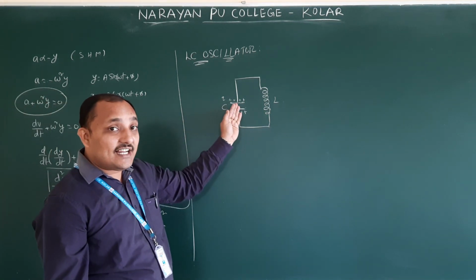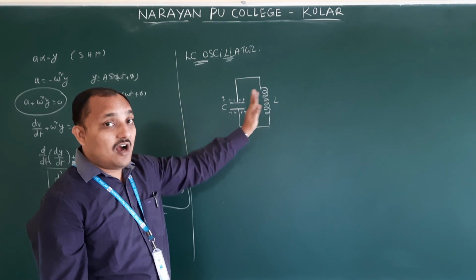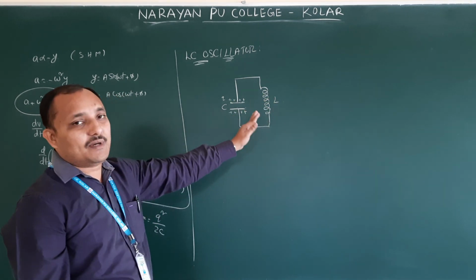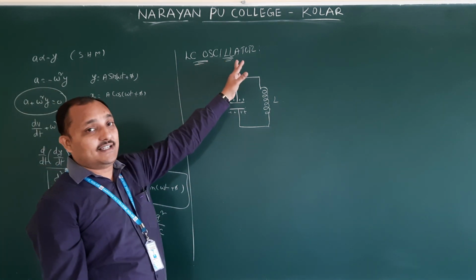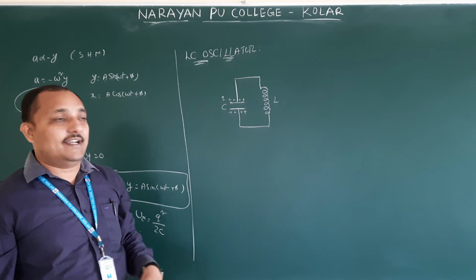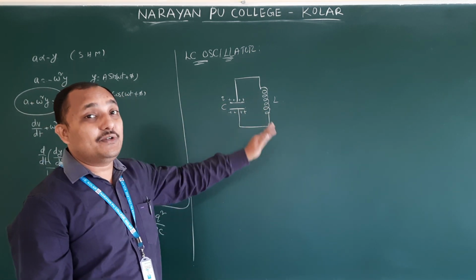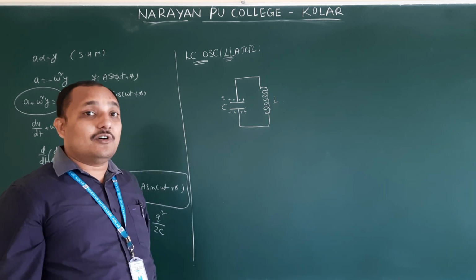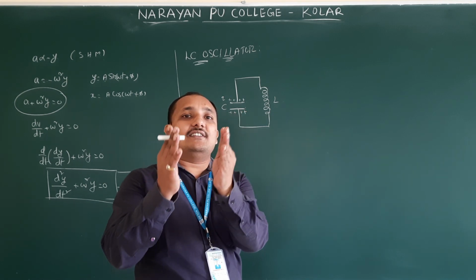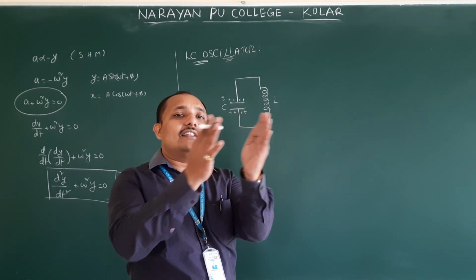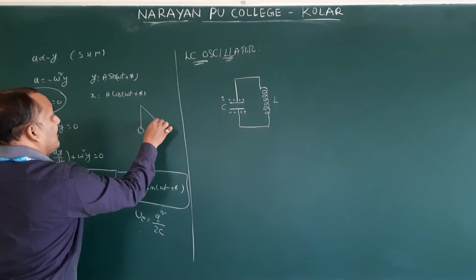Now this entire energy is going to be transferred to the inductor. How is it going to be transferred? We will see it step by step in diagrams, then you will understand. So here, LC oscillator. LC oscillator means what is oscillating? The capacitor and inductor will not oscillate; the energy is going to oscillate. In a simple pendulum also, energy is changing, oscillating. How is it changing? Potential energy is converting to kinetic energy, and converting back to potential energy.